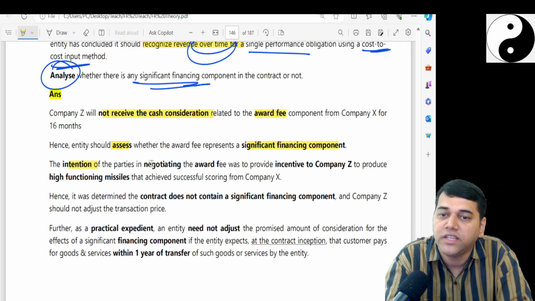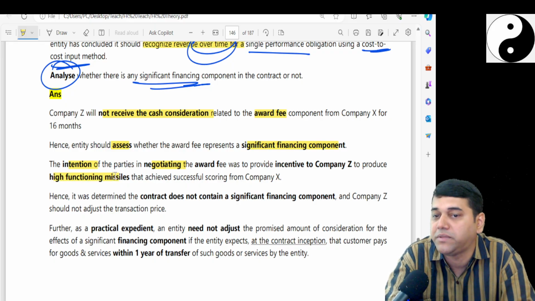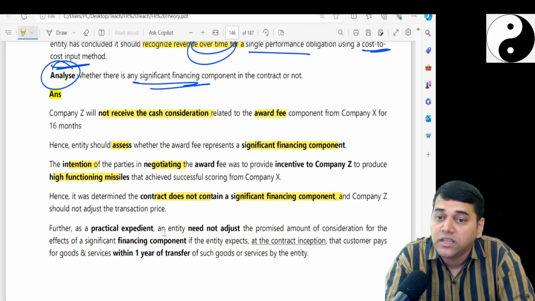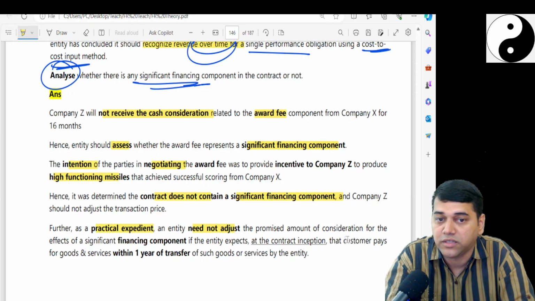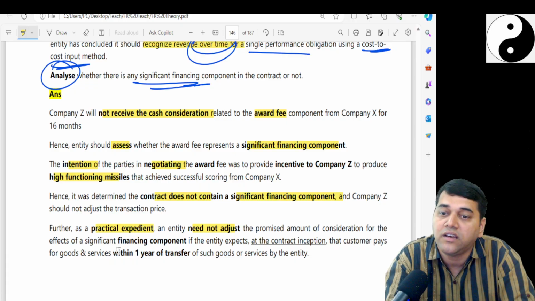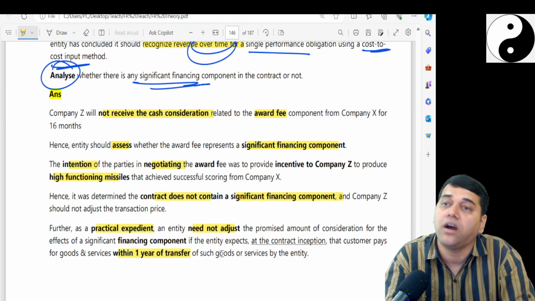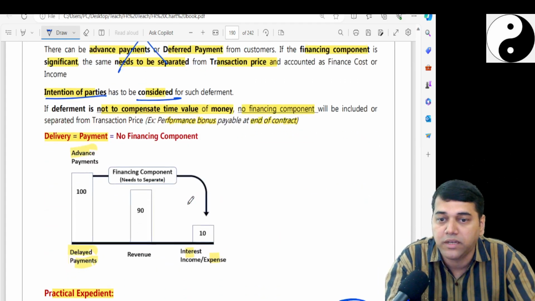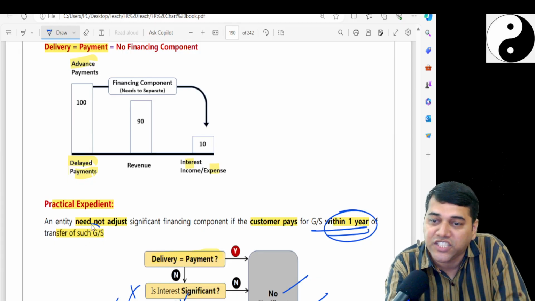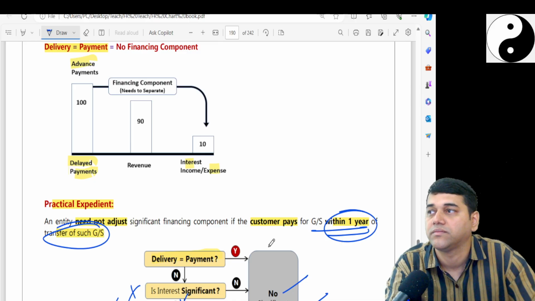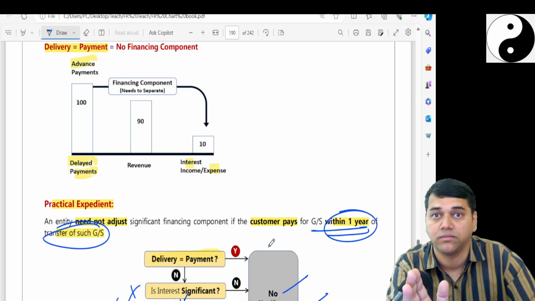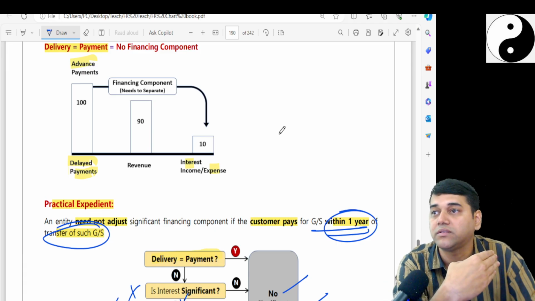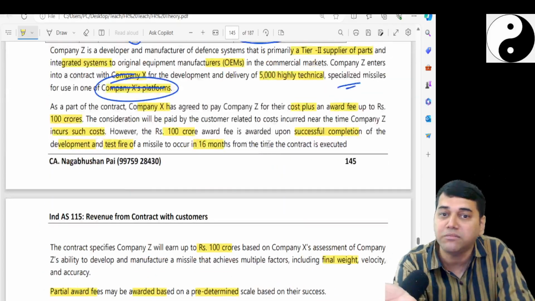Intention of negotiating award fees is to have high functioning missiles. Contract does not contain a significant financing component. Further, as a practical expedient, you need not adjust the promised consideration if the payment is done within 1 year of transfer of goods and service. That part we can apply here. By looking at the question we will understand better. It is not from the contract inception. Once you transfer, if payment is going to happen within 12 months, then you can apply. So even though this contract is a 16-month contract,